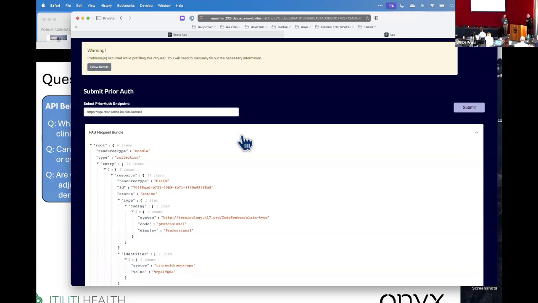It could be an attachment, or one of those documents that we said, please upload this thing. We can build that right into the questionnaire, and now it becomes part of the FHIR bundle for the utilization management system, the automatic authorization rules and Itiliti Health to ingest and compute an answer from,